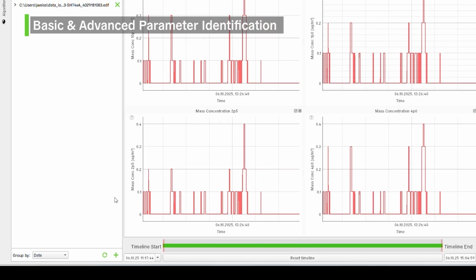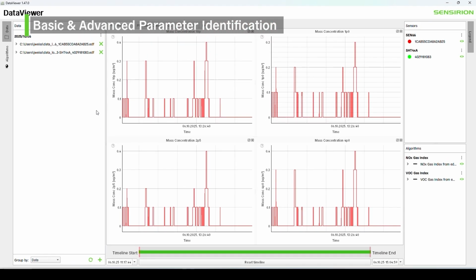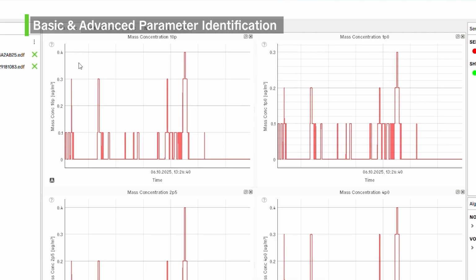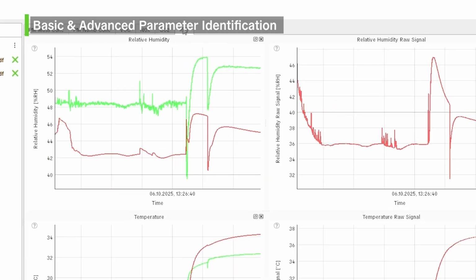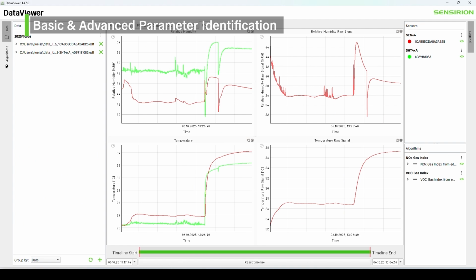In this example, the data was obtained using the Advanced Parameter Identification method with 2 environments. However, we also explain in the following how the parameters can be extracted using the Basic Parameter Identification method. Navigate to the Temperature tab and locate the plot showing the temperature readings. You should see 2 curves with 2 slopes in 2 constant regions in the bottom left plot if you followed the Advanced Parameter Identification method. If you use the Basic Parameter Identification method, you should see only 1 slope in 1 constant region.